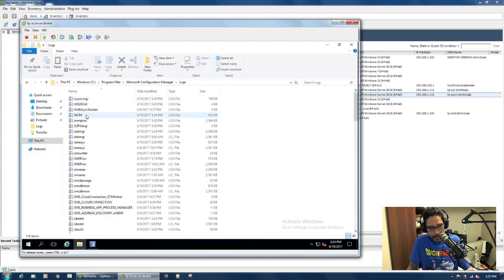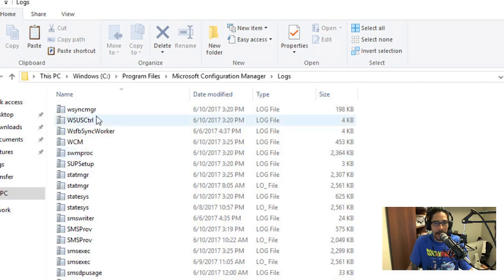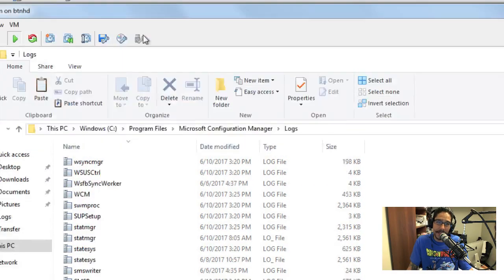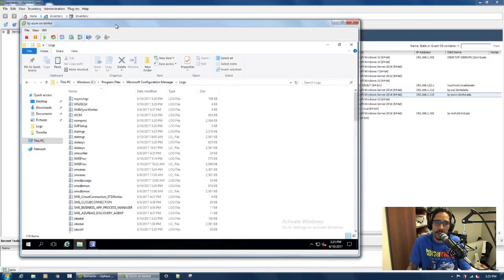Why do your logs look like this? Let me zoom in. There you go. Why do your logs look like this? Okay, so for your logs to look like this, you need to make, I think, CMTrace something,